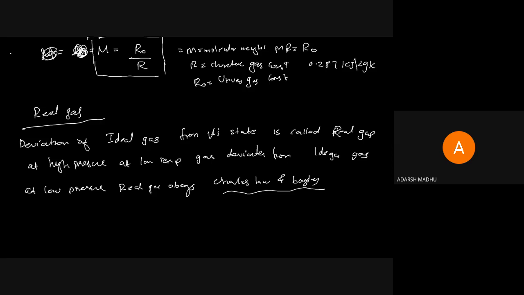So for this module, for this section, we have studied what is ideal gas and what is real gas, and what is characteristic gas constant and what is universal gas constant, and the equation of state derivation. What is the equation of state? PV equal to RT. If mass is there, PV equal to MRT. If number of moles is also there, PV equal to nRT. If number of moles and mass are also there, we can write PV equal to N into M into RT. And M into R totally called as